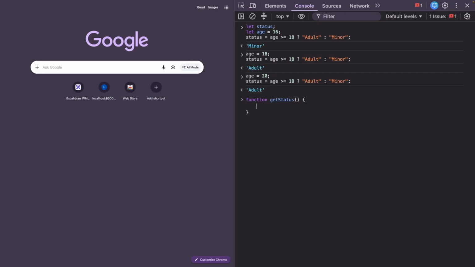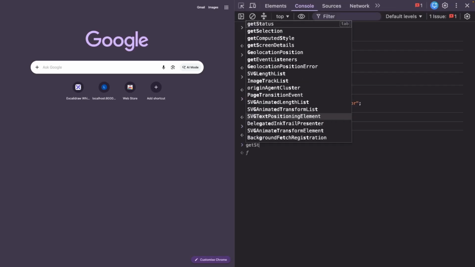So what I'm going to do now is I'm going to copy this line and paste it here. Remember in the previous videos we talked about function scope. This is a block of a function, and whatever is declared inside a function is called a function scope. So we have already defined the status at the top outside this function, so we can access it inside the function as well. So what I'm going to do is just set the status based off the age. Right now we have the age available outside of the function as well, so we can change the age and get the status. So if I press enter, and now let's say I change the age to 5,